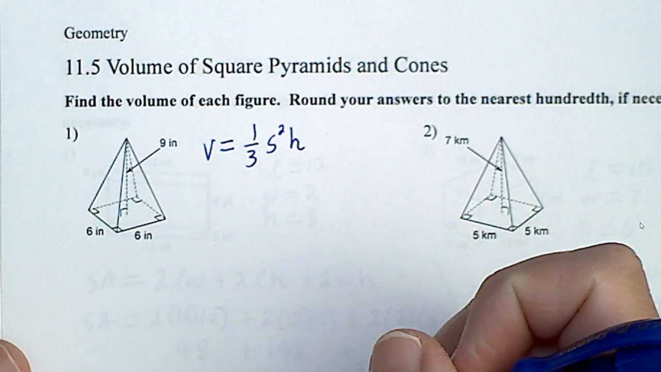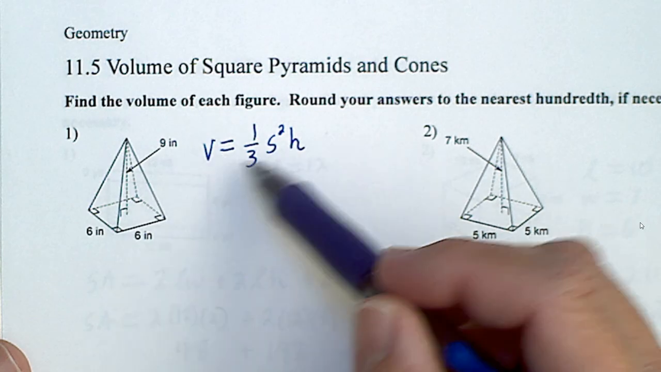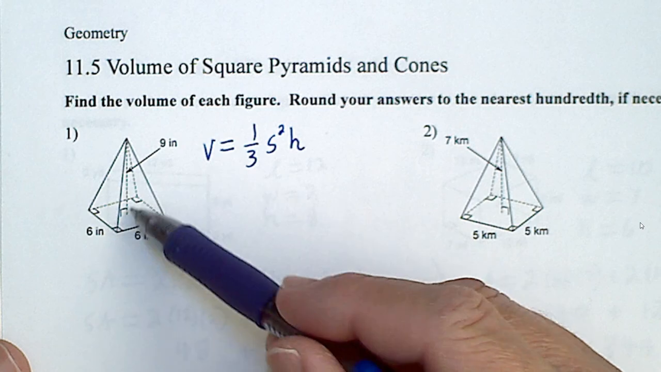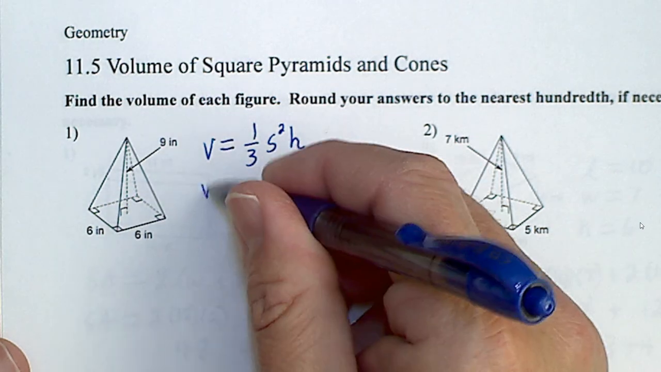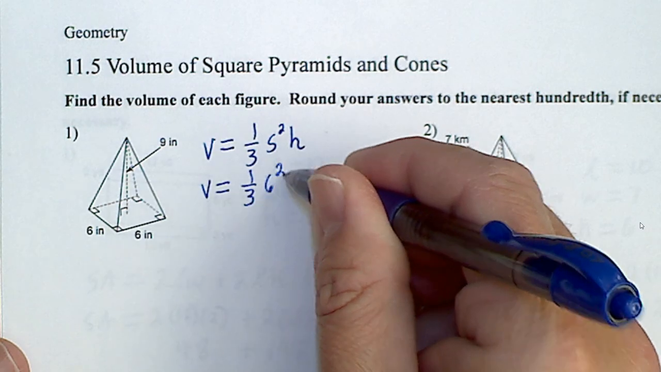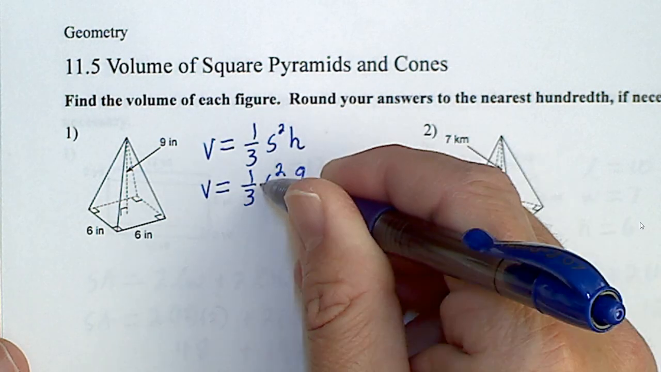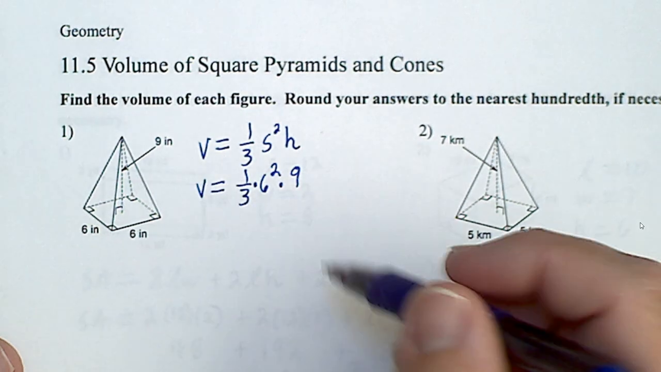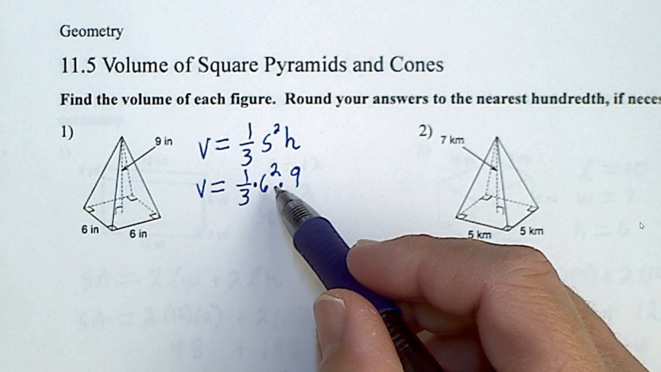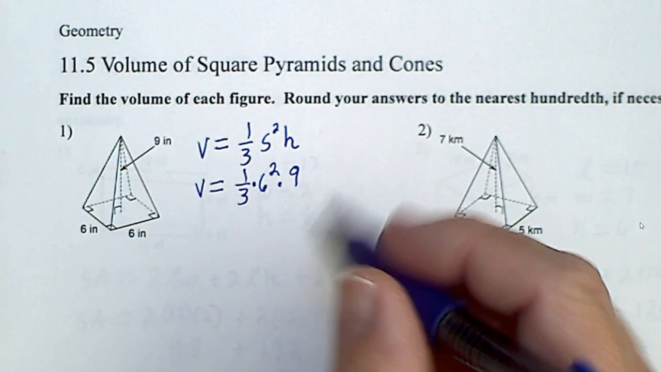Okay, so to get the volume of this, we can see the length of our side is 6 and our height is 9. So to get the volume, we're simply going to take 1/3 times 6 squared times 9. Okay, so evaluate that out. I'm first going to take 6 squared, which I know is 36, and then I'm going to take 36 times 9, and that gives me